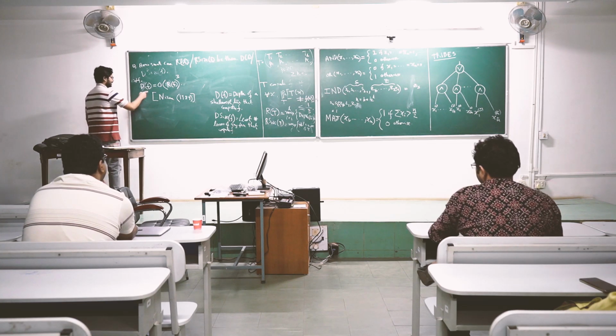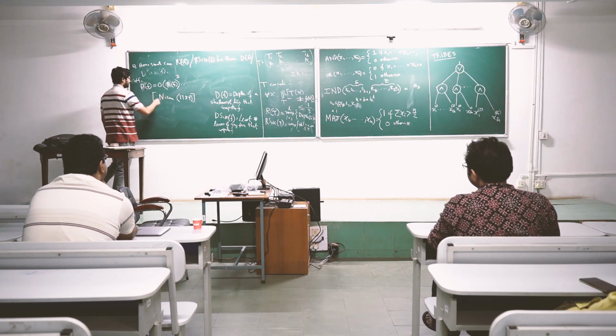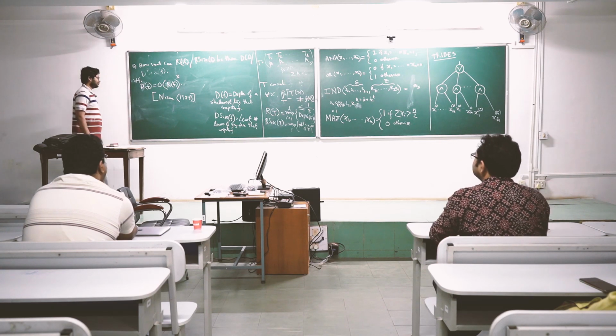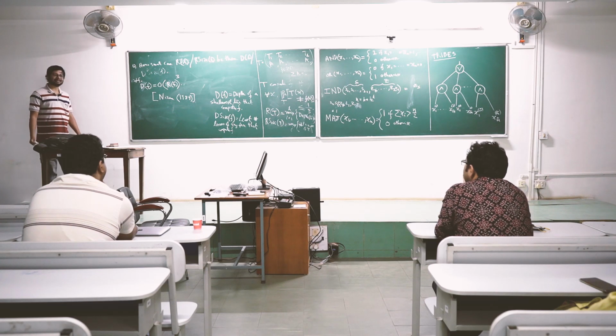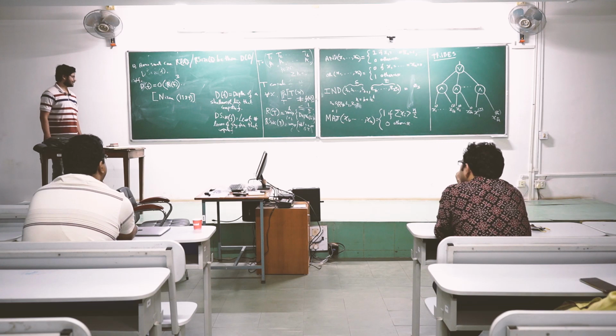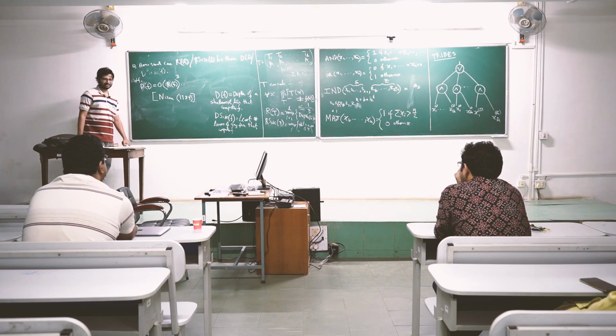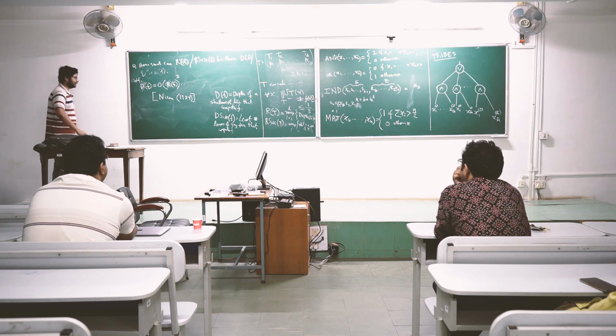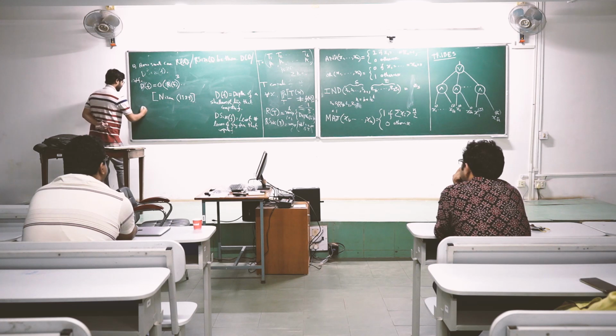Nisan showed that DF is always at most RF cube, which is to say that RF is at least the cube root of DF, always. So use of randomness can only bring you a cubic advantage. In particular, it can never bring you an exponential advantage. And we show in this work that for every f,